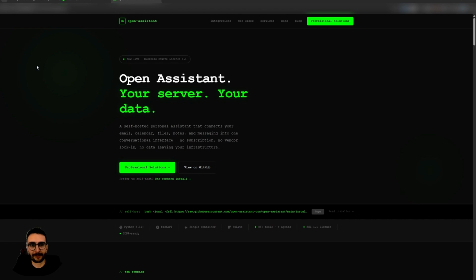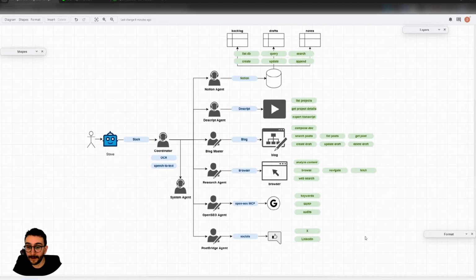As a quick recap, I want to give you an update of the different agents that I've set up in the meanwhile. Last time we discussed the fact that Steve is actually able to connect to Notion. Notion is mainly used as the backlog system. Descript is used to record these videos and to make sure that we have actual tutorials and the diary entries and all that. We have a blog master agent, which is able to write blogs, update blogs, whatever. We have a research agent, which is getting external information in,